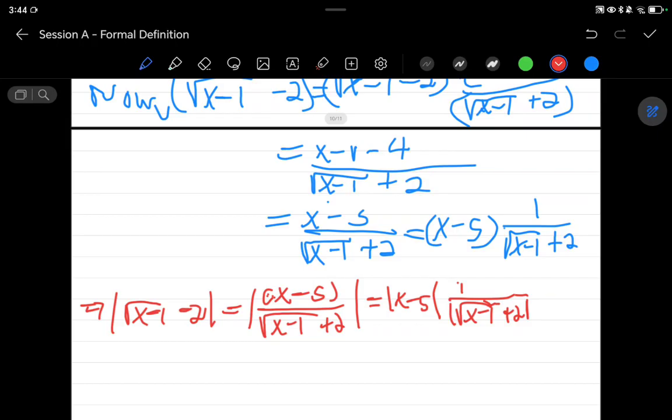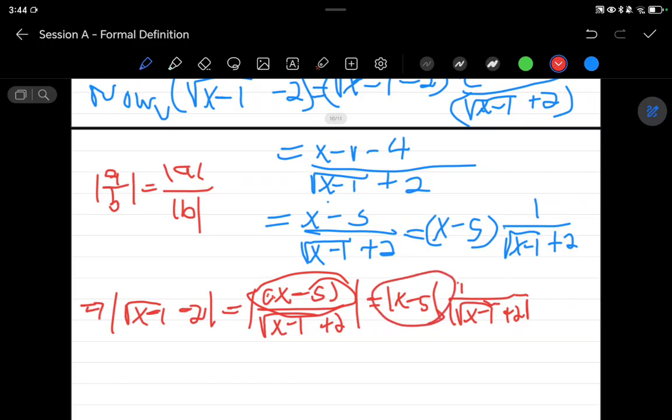Given that we know that the absolute value of a over b is equal to the absolute value of a over the absolute value of b, and our b in this case is this, and our a in this case would be 1, since I was to take this out and put it outside like this, right? And the absolute value of 1 is 1. We agree, right? So since we have this,